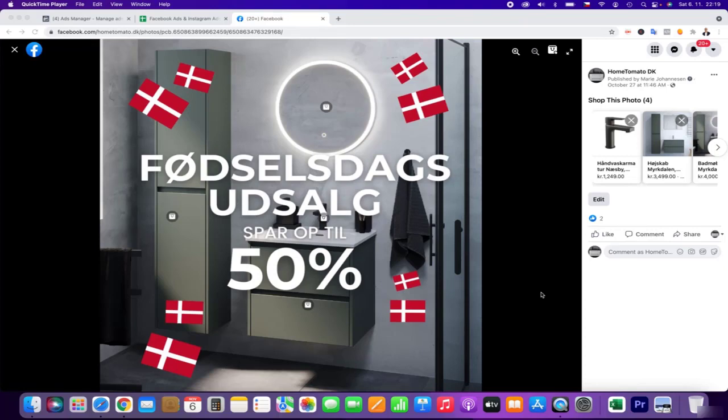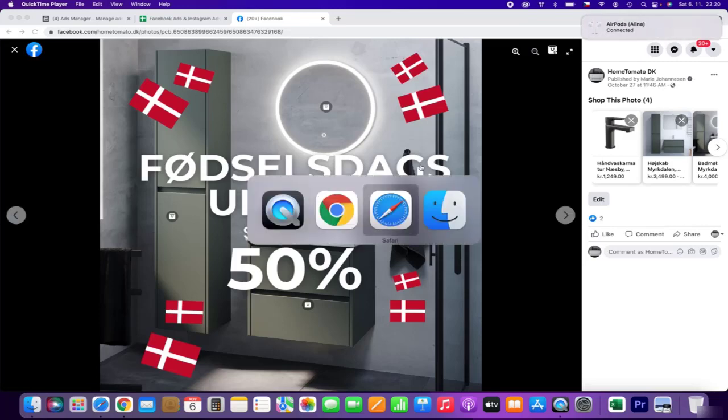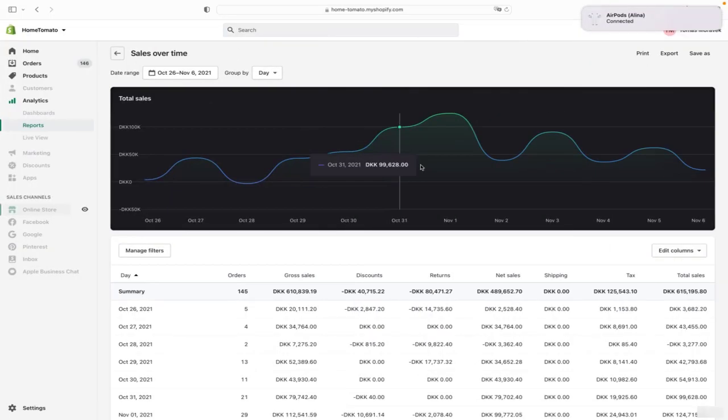So today is the evening of the 6th of November, and basically I have been sitting all the evening in the Ad Manager. And the reason is, as you can see, we have the sale, and the sale was going quite well. We started with reach and everything was still okay.